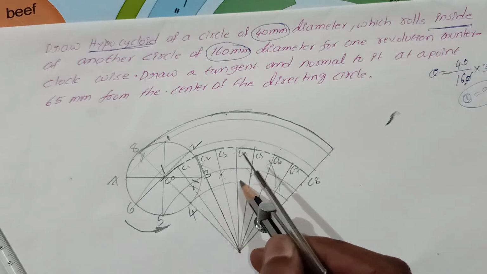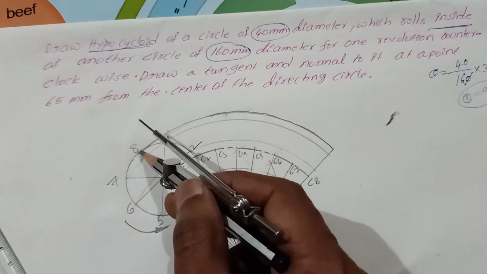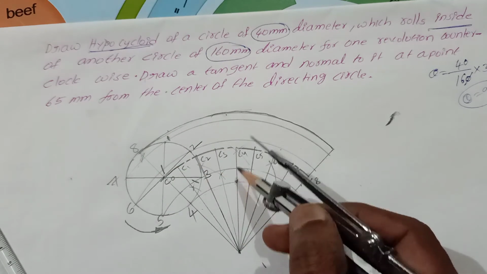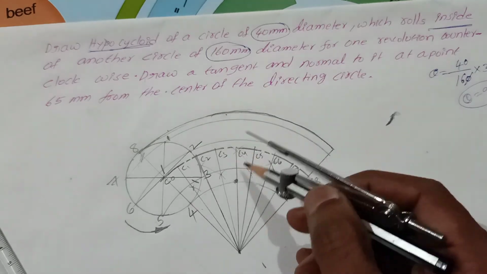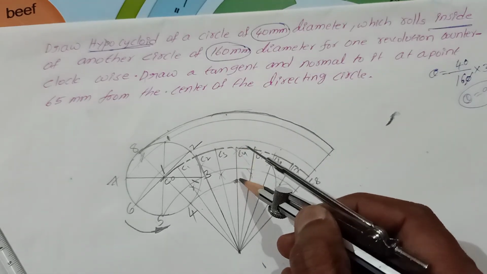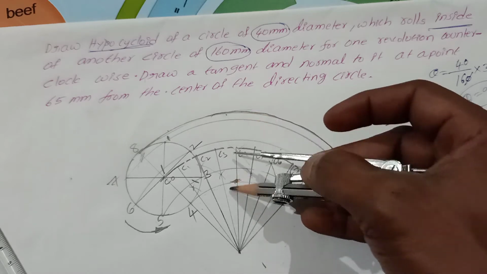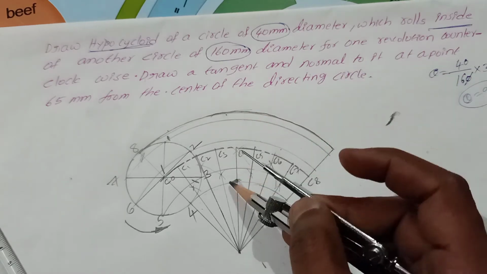So when it is rolling like this, the point will come here, fourth. If it is epicycloid, we are taking the top. If it is hypocycloid, you have to take down. Here you will get the curve. Even if you cut from C4, if you cut the fourth curve, you will get the curve here only.